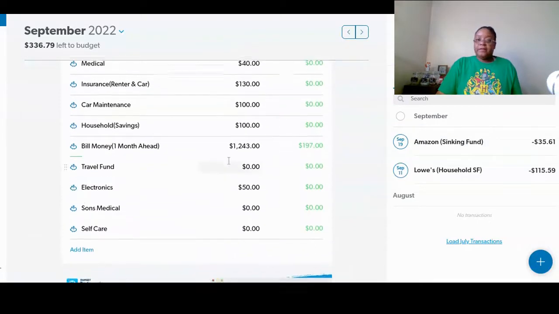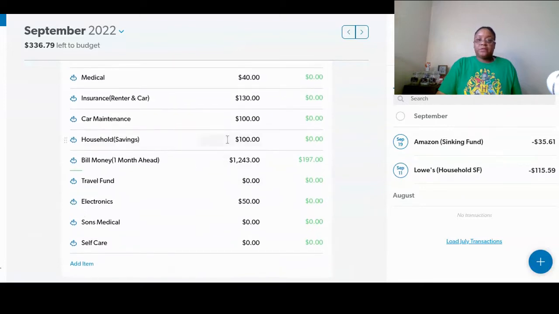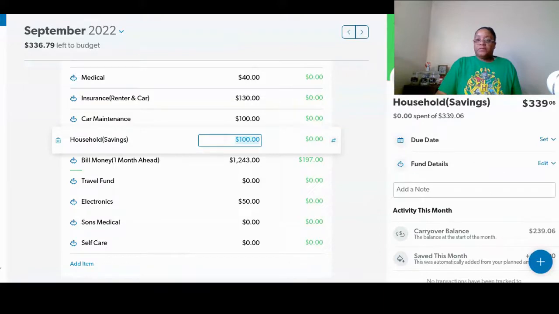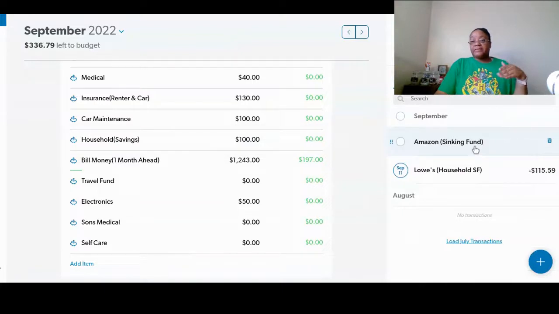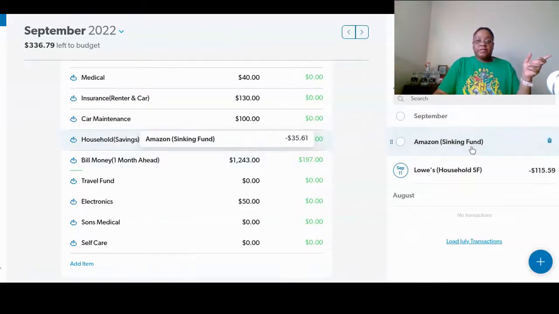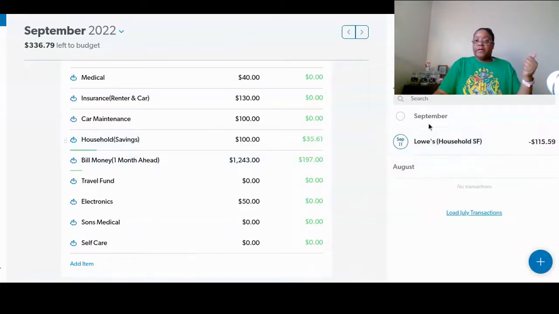And after that, I need to find my household sinking fund, which is this one. So it was $339 was the total for the month. And that's with the deposit, but that doesn't take out anything I spent. So we know I bought something from Amazon and I bought something from Lowe's